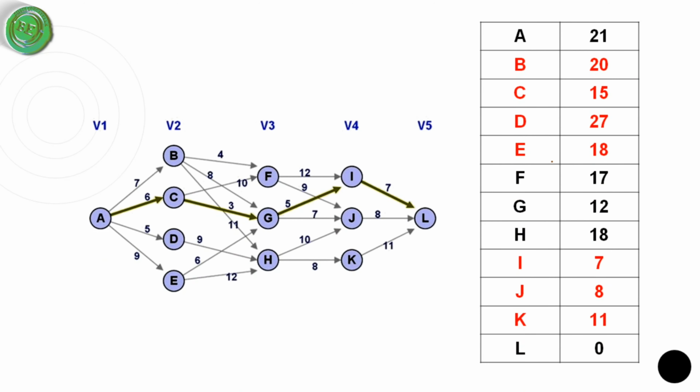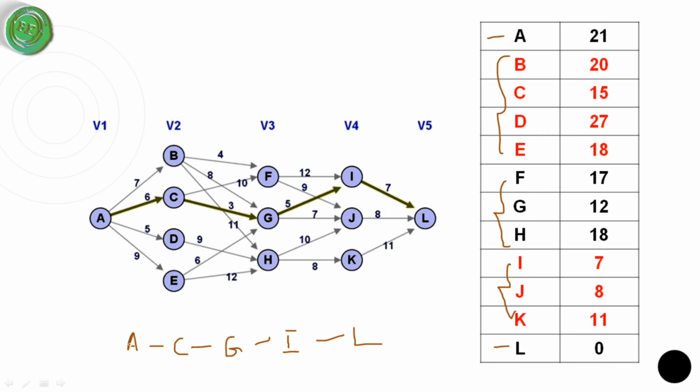So here I have the calculated values of each vertex. So I represent each stage. So here we have 5 stages. So I have to select the vertex cost which is the minimum one in each stage. So in the first stage a value is 21. So I selected a. And in the second stage, the minimum cost is c. So c is selected. And in the next stage, g is the minimum one. After that, in the fourth stage, I is the minimum one. At last the sink, that is L.